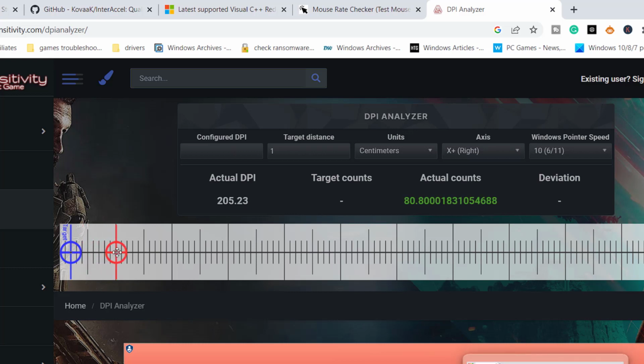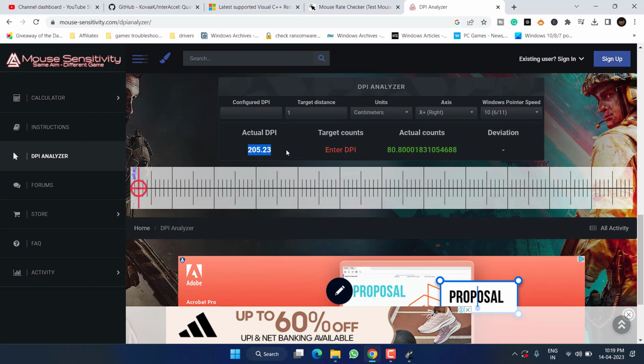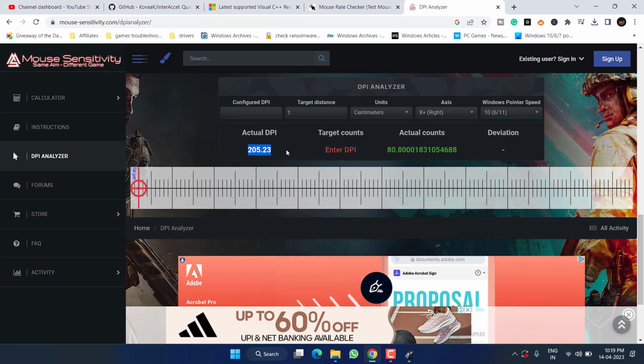As soon as you move your mouse 1 inch, it will tell you your actual rate. At my end, it is 205. In order to move your mouse 1 inch, simply take a piece of paper and draw a 1 inch line, and then use that piece of paper as your mouse pad and then move your mouse 1 inch